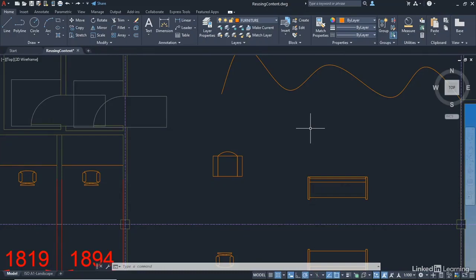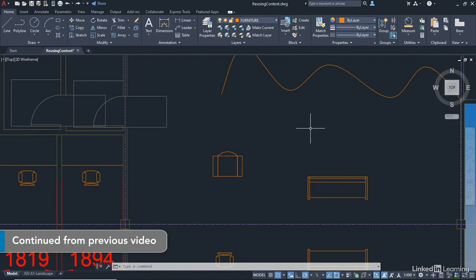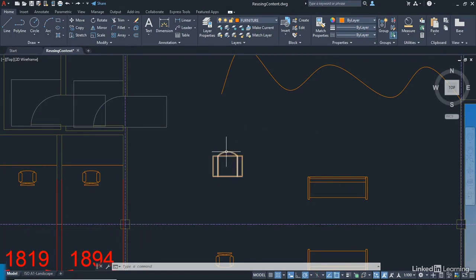Once again, we're staying in our reusingcontent.dwg file. And you can see I've left it in the same state as it was where we created our little lounge chair block here, which is currently on the furniture layer. Now, what we're going to do is utilize the explode command to explode it back to its